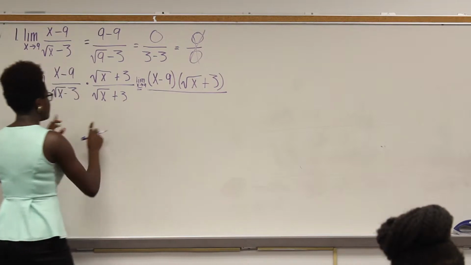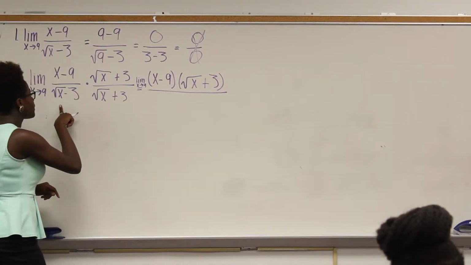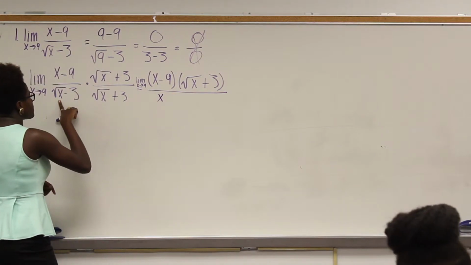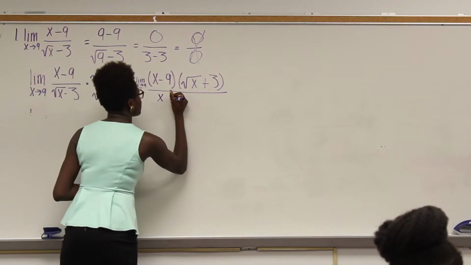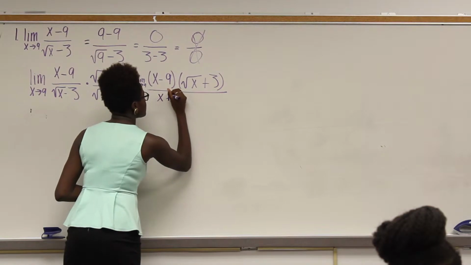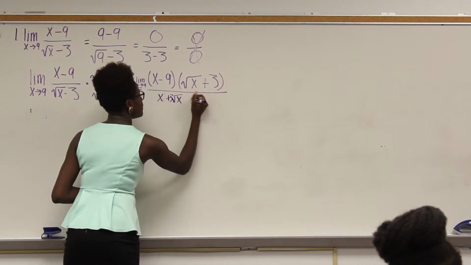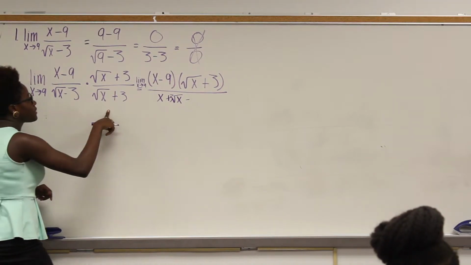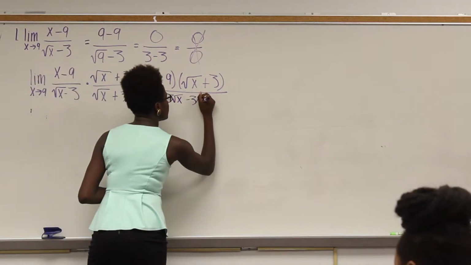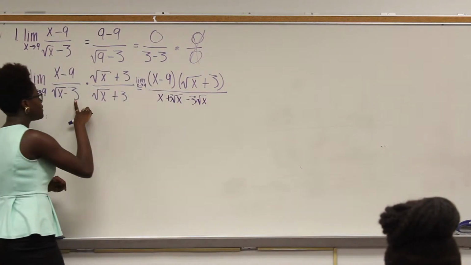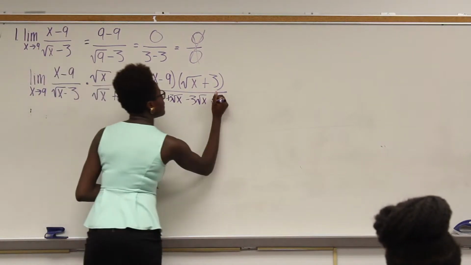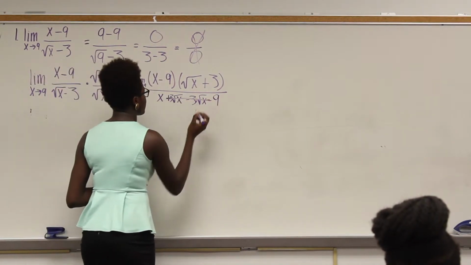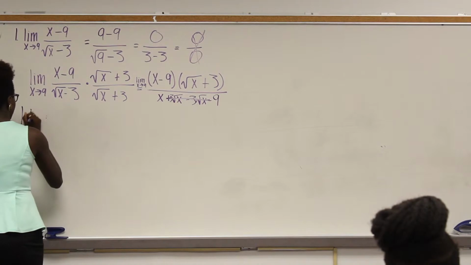Over. Then you FOIL the bottom, so square root of x times square root of x is x. Square root of x times 3 plus square root of x. Then negative 3 times square root of x is this. And then negative 3 times positive 3 is 9. So these two cancel out, which leaves you with